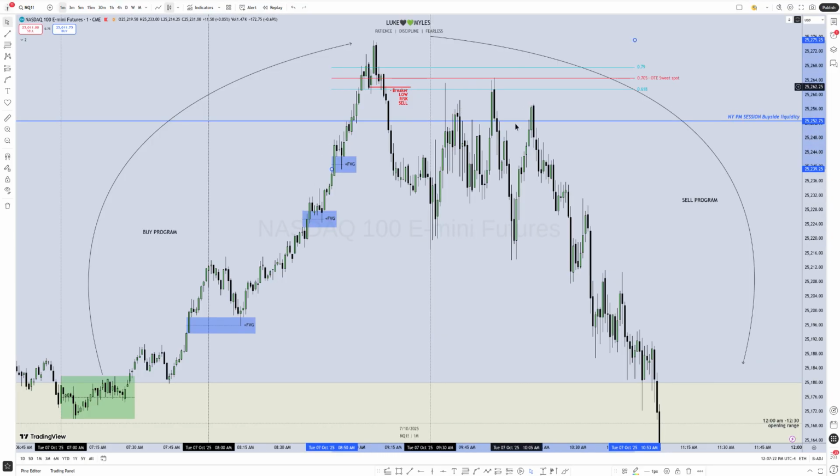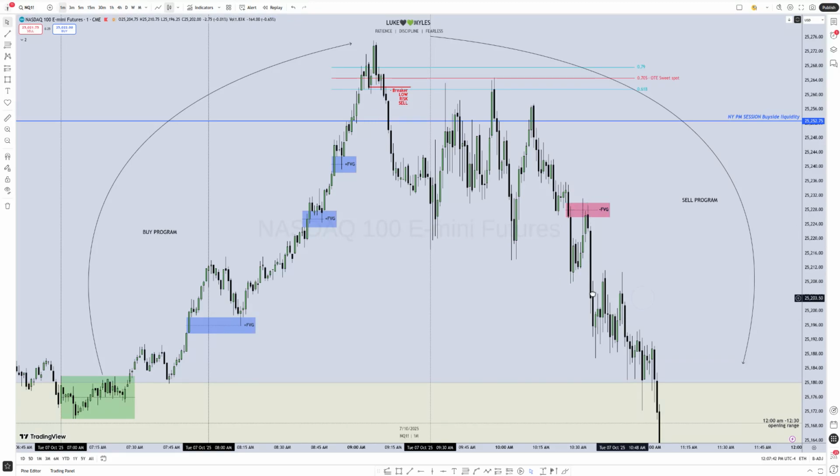Then we have a consolidation, we have a low risk sell into this fair value gap right there. If I'm to show you that this is a bearish fair value gap, low risk sell, we continue into this,